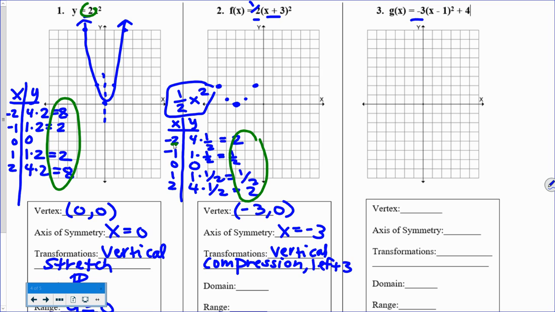Otherwise, you can choose and plug things into that as a table. But make sure if you're using that one, always use numbers to the left and right of your vertex. So -3 is my vertex, so use -4 is directly left of it. -2, -1. All right, if I go too far away from my vertex and I do something like 2, that point's going to be off of my graph. All right, so if you are choosing to plug points into the original function, make sure you're being smart about what you're plugging in, or it may take you a while to graph. All right, so if I plugged in -4,